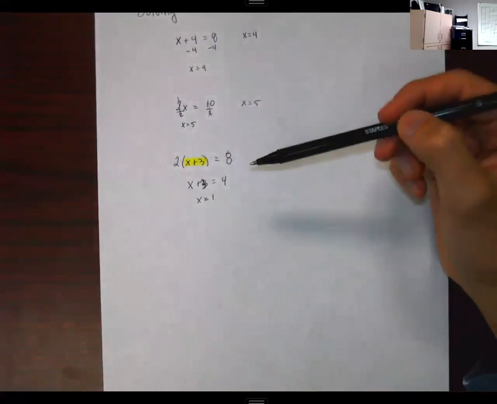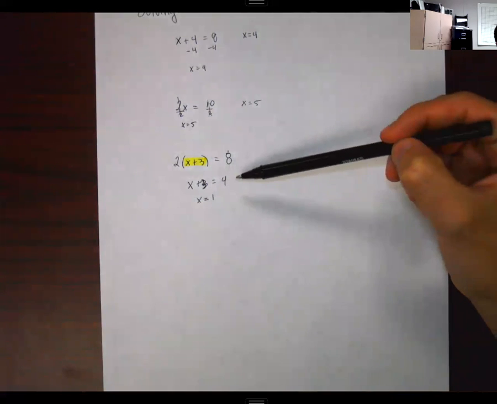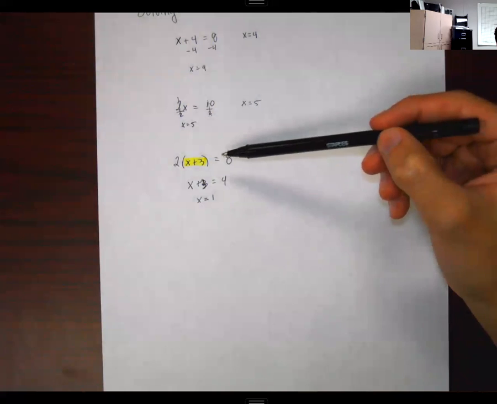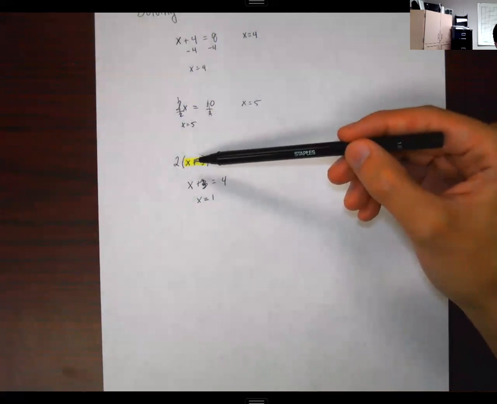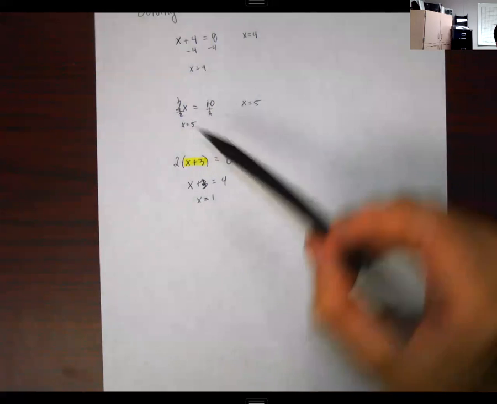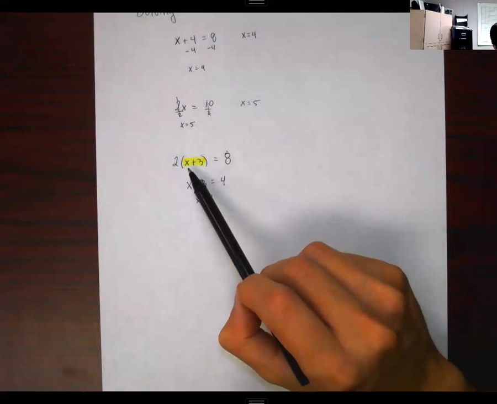So whenever we're solving, we want to be thinking about what number makes an equation true. We want to be thinking about sections of an equation if the equation is more complicated and it has multiple operations going on. We want to think about them in a specific order. And then we want to think about